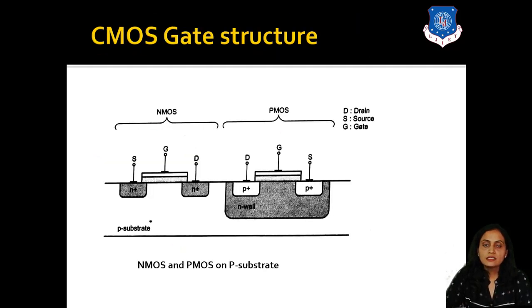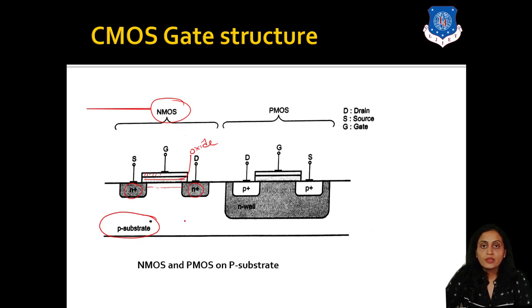So this is a CMOS gate structure which has N-channel and P-channel MOSFET both included. Then we have this P-type substrate. In the P-type substrate, we can design the N-channel MOSFET. This is the N plus region of source. This is the N plus region of drain, and over here the N-type channel will be formed. And this is the gate terminal, the metal terminal of the gate, and this one is the oxide terminal of the gate. So this is the N-channel MOSFET, and that is called NMOS.